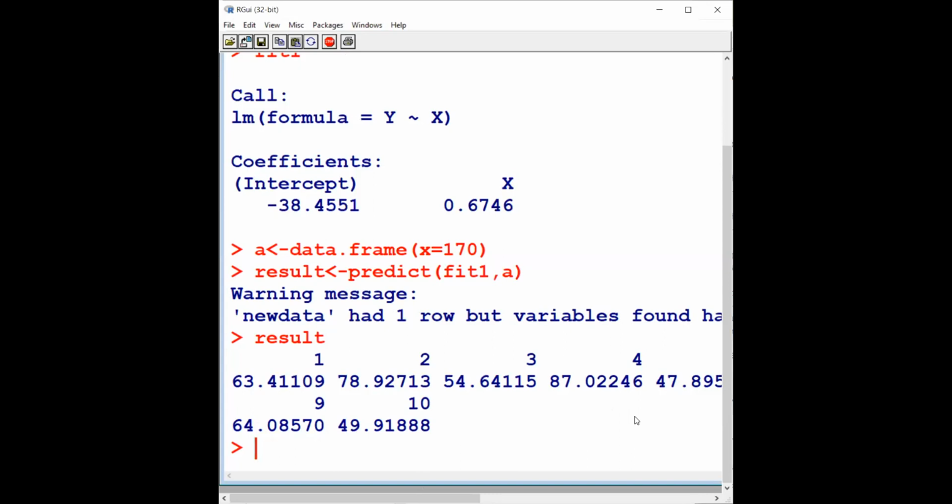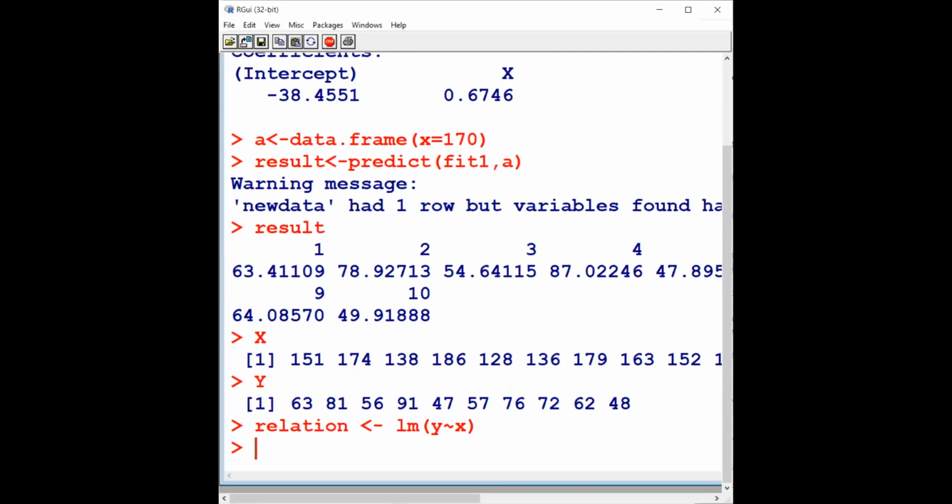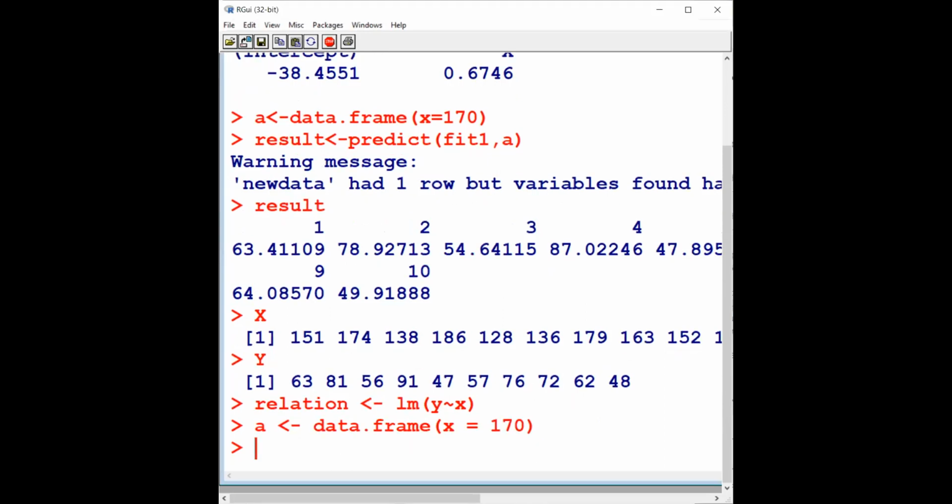okay, give me a second. I'll just run these ones, our x variable and our y variable. And then we fitted our regression model. Let's give a new name and try. Let's say this is the regression model, relation between X and Y. And here we have a new data point. Let's say A. And then if we want to predict this,